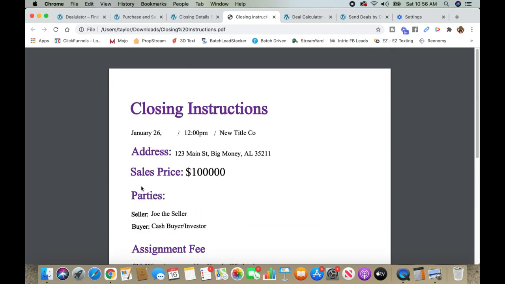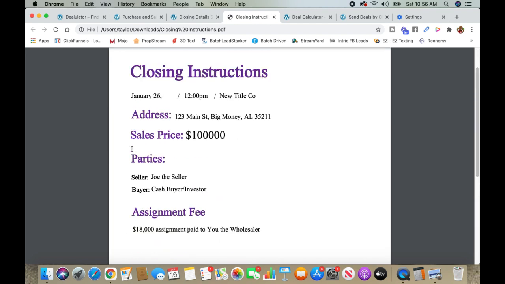So once you have that, again, you just download it and email it to whoever's handling putting the closing together at the title company and or closing attorney. Okay, so that's your closing detail sheet where you can fill it out online right here on